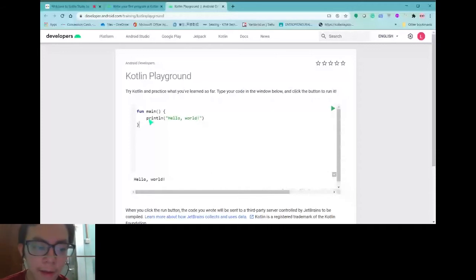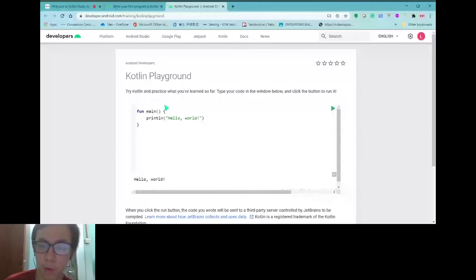Because of this fun, I guess some of you may already have learned functions or methods in Java. The fun here actually means function. What's the use of a function? When you are building your apps, if you want to write some part of the code, you can use a function.